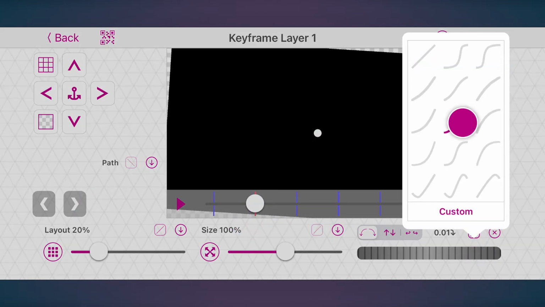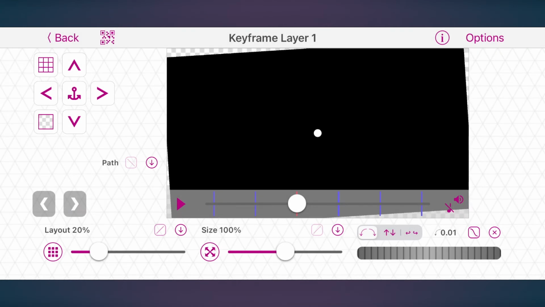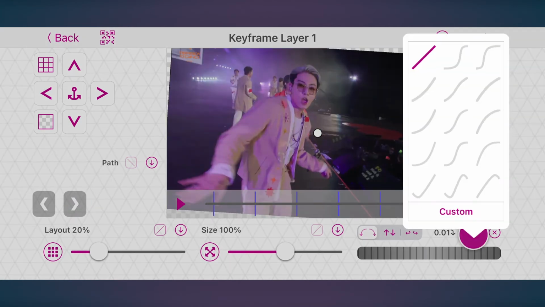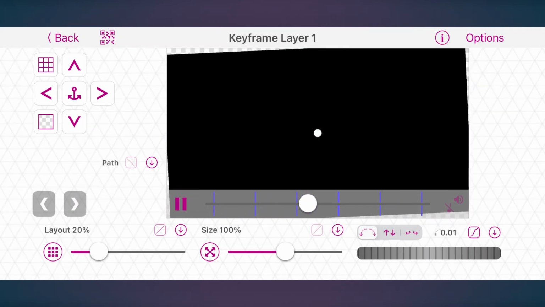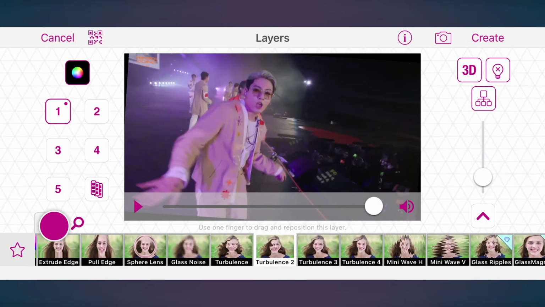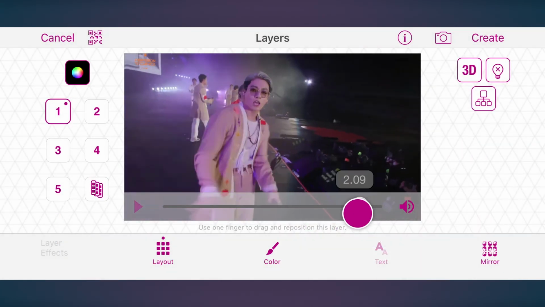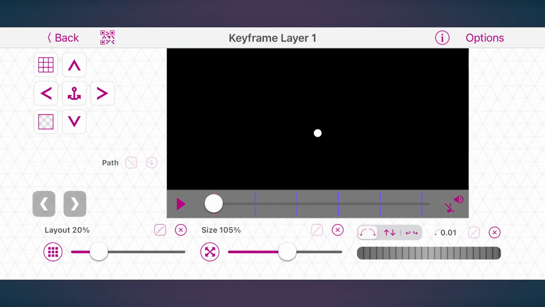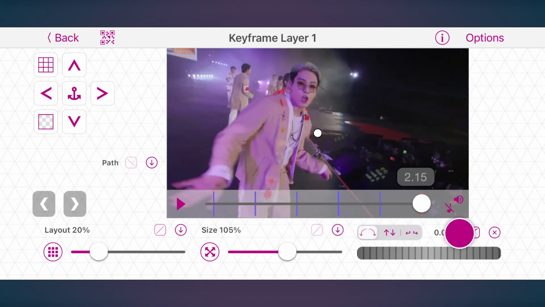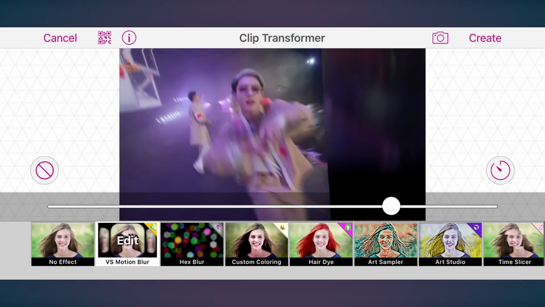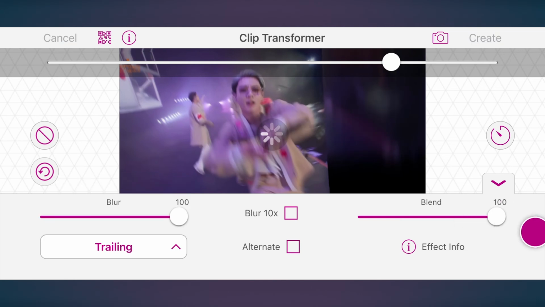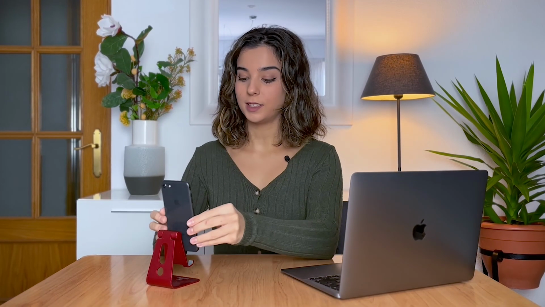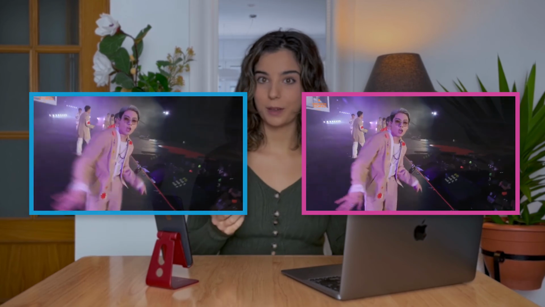Add this graph to every keyframe for rotation. Don't forget to add mirroring. I like to increase the size a bit so the mirroring doesn't show as much. Finally, add tracking blur or reduce star motion blur. I'll use the latter. Did you notice the difference in the transition with and without the panning? It's pretty cool. Well, we've come to the end of the lesson and now it's your turn to make this transition.